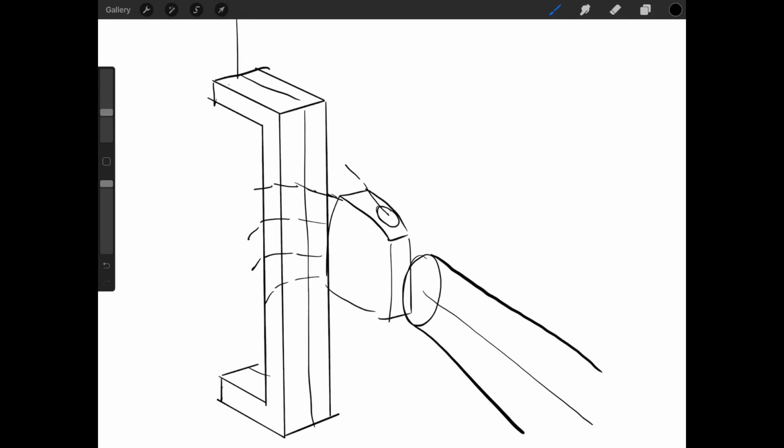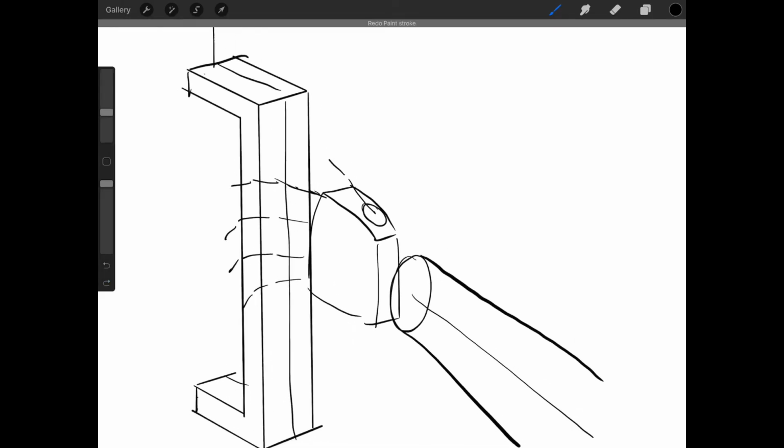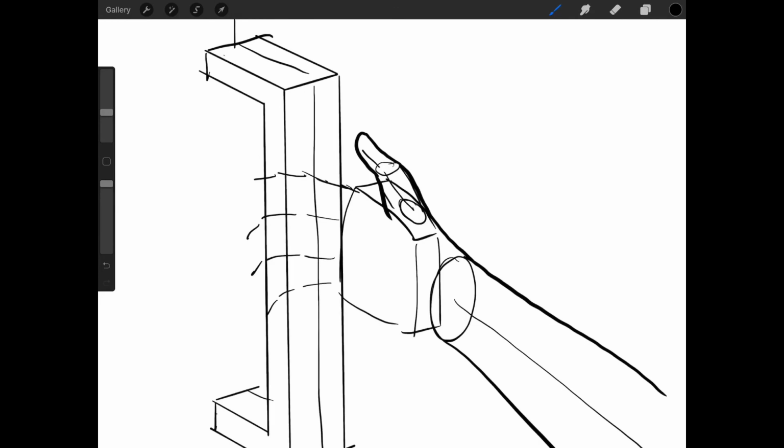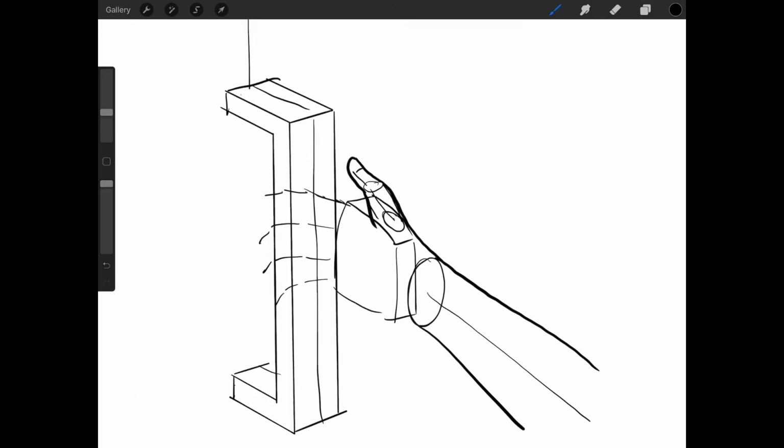Okay, I think something like that probably works. Although actually, then my whole palm might be rotated more that way. That's okay. This is just a rough demo. Okay, so thinking here's a cylinder, and then I think I would see the majority of my